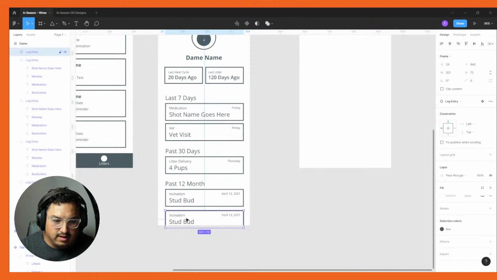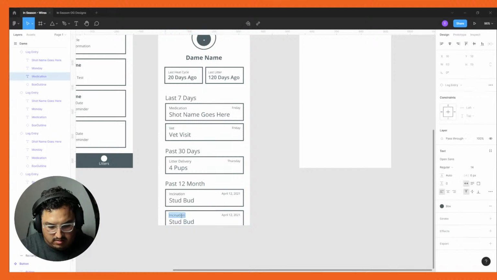And this would be like heat cycle, and this would be